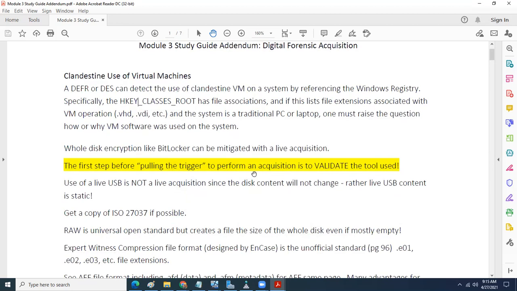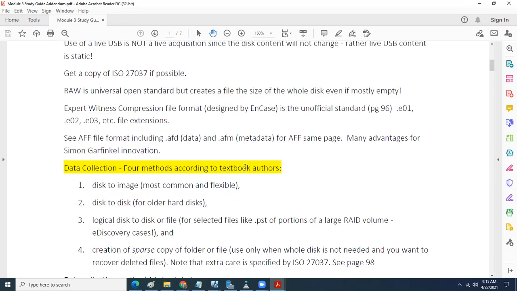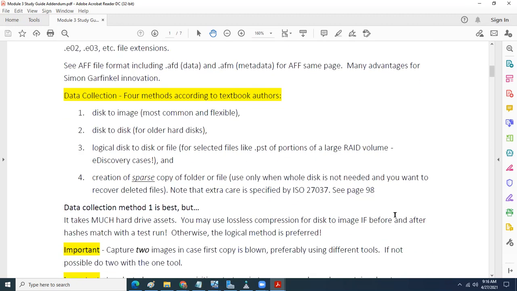So just remember that when we're dealing with RAID, we're dealing with a special case. And oftentimes you're dealing with collaboration issues with the IT shop. If you have a large RAID volume, mailboxes are a great case in point. Email boxes can be very, very large, depending on the organization and the commitment they have to the use of email and how critical it is to the operations of the organization. It's not uncommon to find 100 gigabyte or 500 gigabyte mailboxes. And that's just the mailbox. So that's one PST file. One PST file on the email server can be 500 gigs large. Of course, those are rare cases, but the point is,